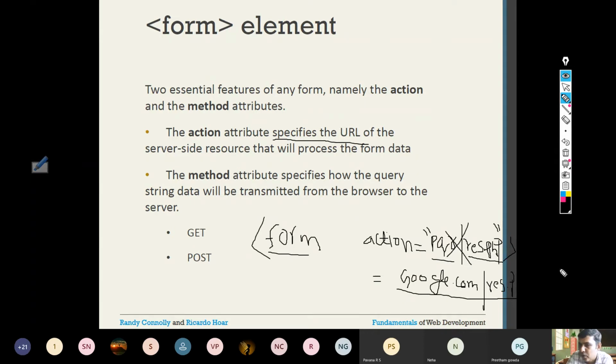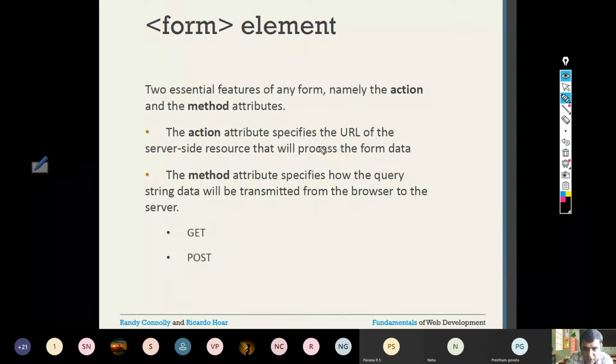or some programs. Okay. So that's what your action specifies: the URL of the server-side resource that will process the form data. When I say server-side resource, it can be any program written using a scripting language, which may be PHP, Perl, Python, or Ruby. Ruby is another server-side scripting language.